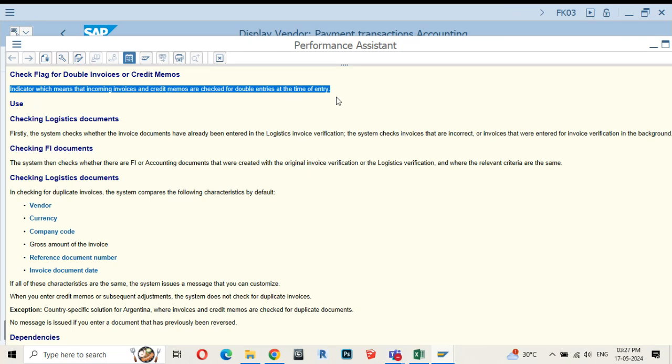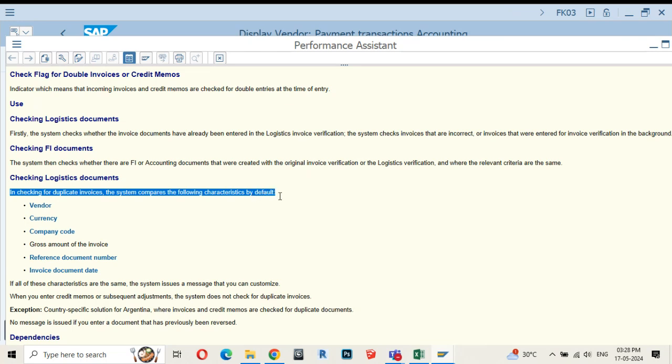So on what parameters does the system check whether it is an invoice which is repetitive? In checking for the duplicate invoices, the system compares the following characteristics by default. So by default, if you have checked that box, check double invoice, the system does all these checks. It checks for the vendor,